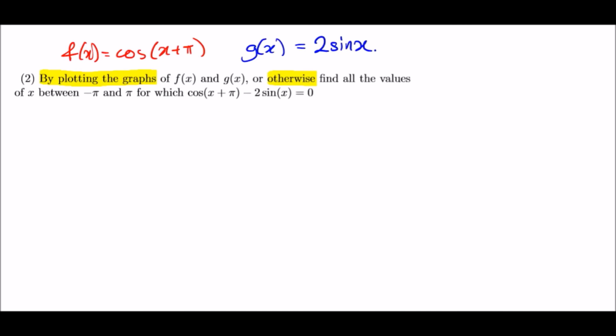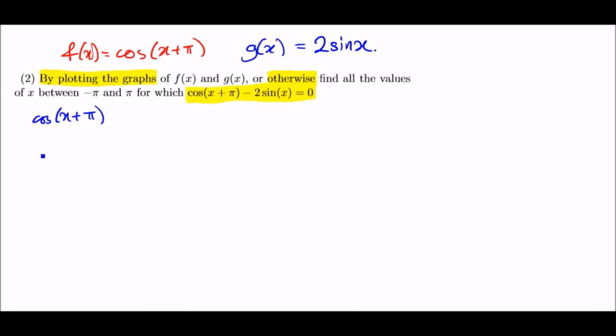So what is this representation below saying? So we need to solve between minus pi and pi, for which cos(x + pi) minus this is 0. So it's just saying, you know, pretty much subtract these two and solve it, or equate these two and solve it. So let's work out what cos(x + pi) is, yeah? So cos(x + pi),